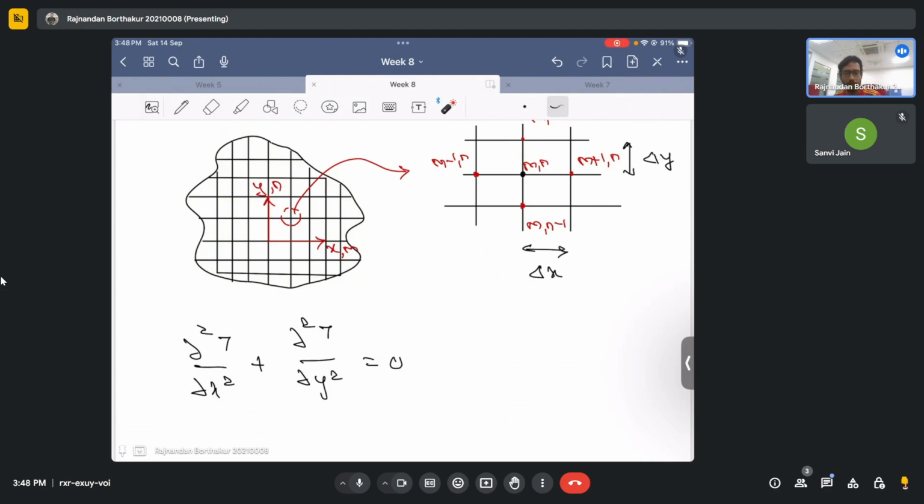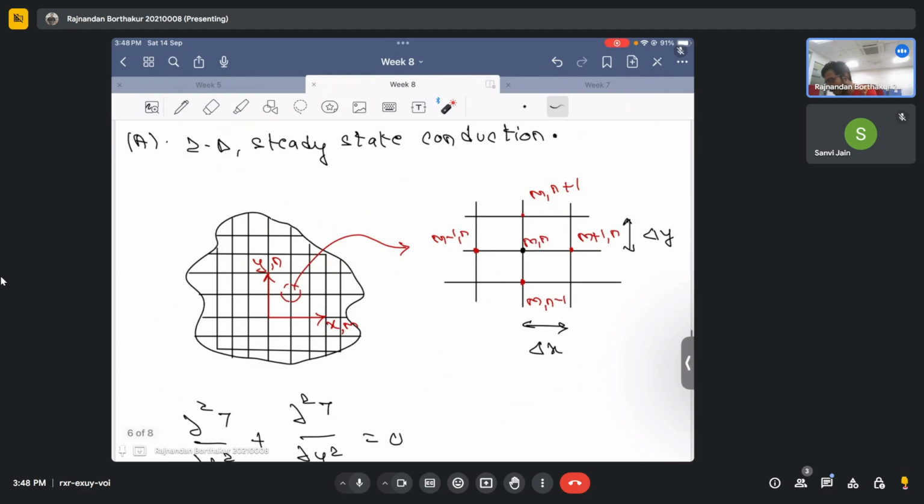So typically what people do is they divide this entire body into very thin domains, and they try to evaluate the temperature field at each of these points. These points in the language of numerical methods are known as grid points. So you can appreciate that the finer is my domain,